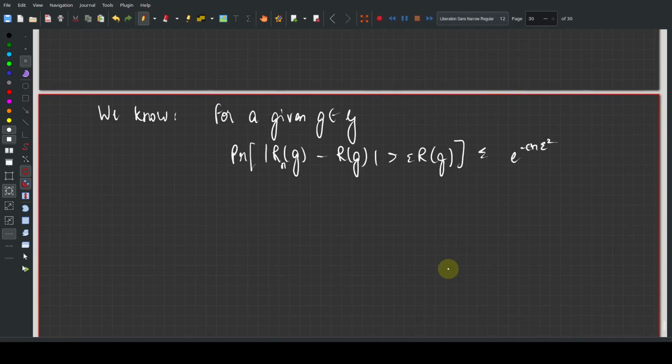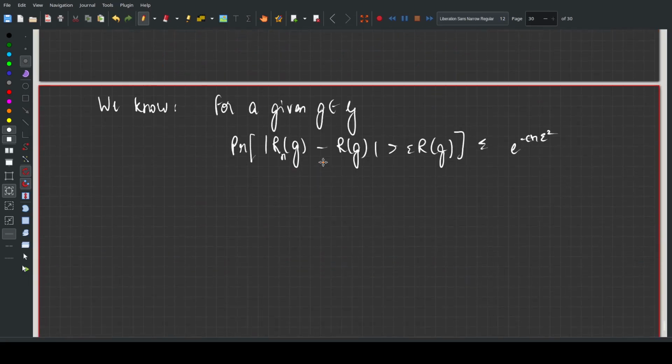But we have no way of knowing what happens to Gn, because Gn itself is a function of the samples, right? But suppose I'm able to show that for all G, Rn of G is close to R of G. Then that automatically gives me a bound on R of Gn minus Rn of Gn. So in other words, if I can show, or if I try to find the probability that R of G,